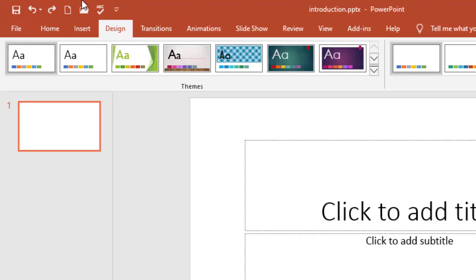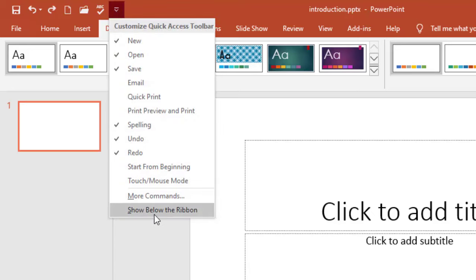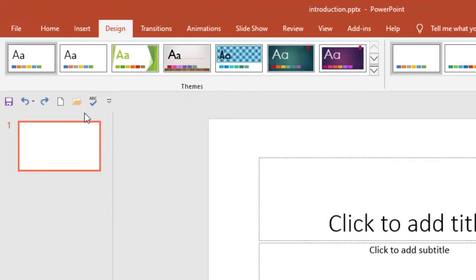By default, the Microsoft Office team decided to put this quick access toolbar at the upper left corner, but then you can also bring it down a bit below the ribbon right here. To do so, you're going to click on the customize quick access toolbar, then come all the way down till you have access to this command called show below the ribbon. And if you click, pay attention, show below the ribbon. So click,